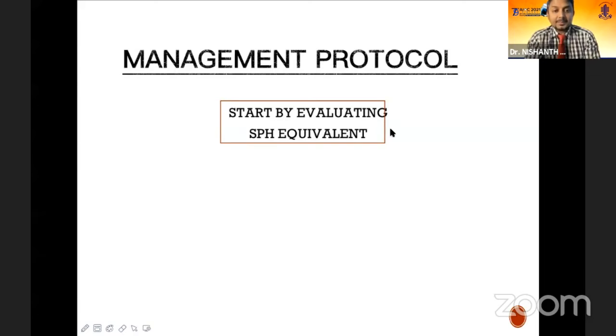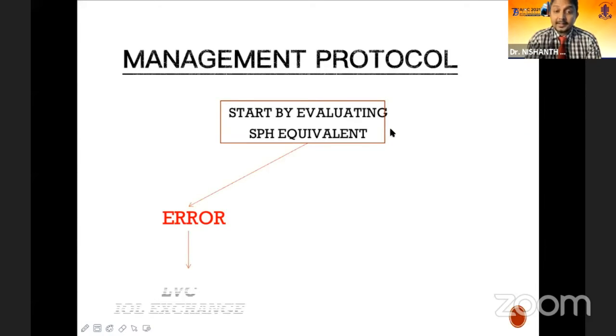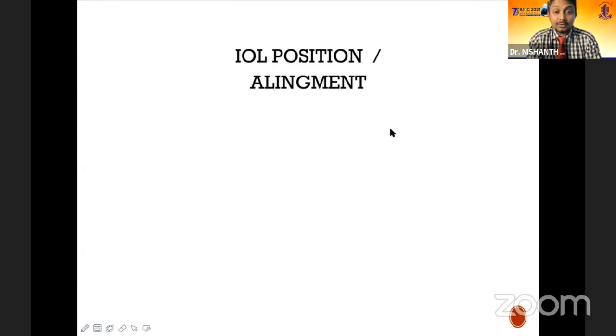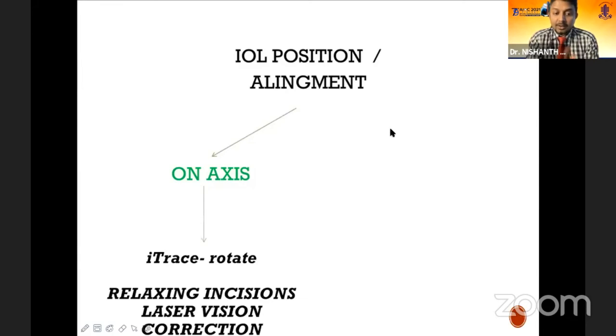So what will be the management protocol? Start by evaluating the spherical equivalent. If you find an error in the spherical equivalent, you have the laser vision correction or the lens exchange like I told you. What if it is plano? Then you have to determine the prerequisite cause. You have to go back and see what are all the other possibilities. If the IOL position is on axis, and you still feel that the patient is having some amount of problem with the cylinder,